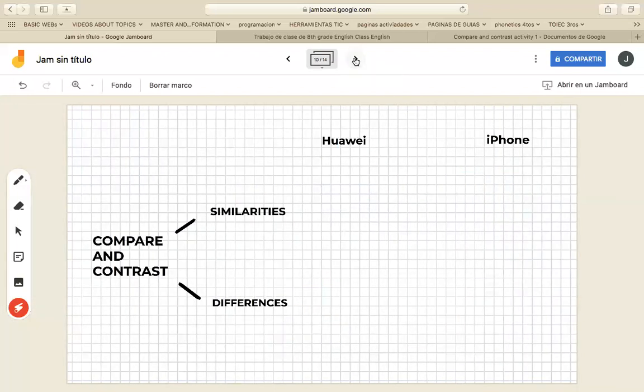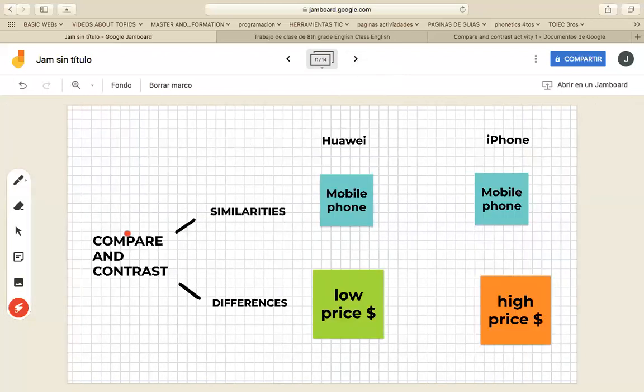Let's look at another example. For example, Huawei and iPhone. What are the similarities they have in common to compare? And what are the differences? Let's look, for example, I can compare Huawei and iPhone because they are mobile phones. So I can say iPhone is a more popular mobile phone than Huawei. I can compare. And I contrast